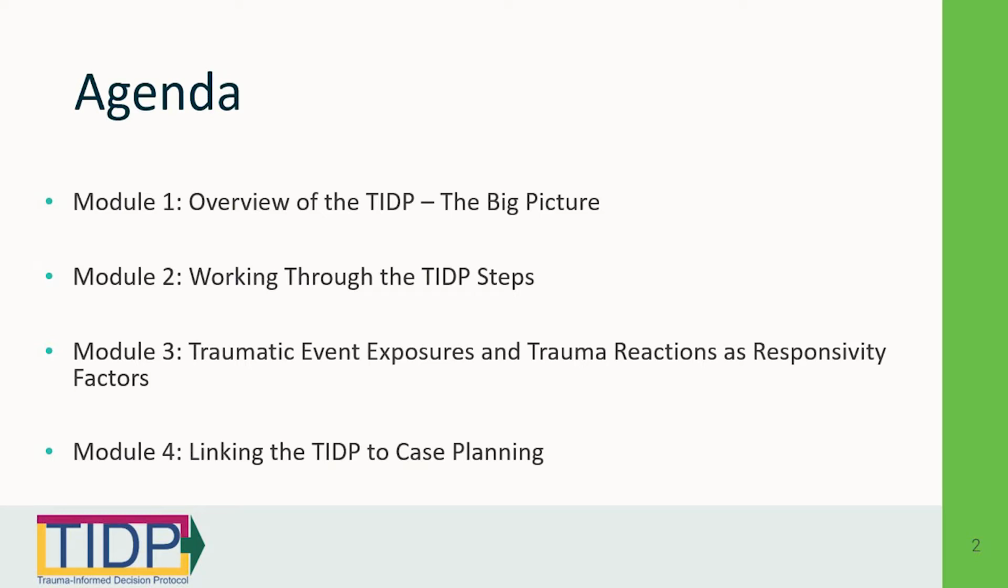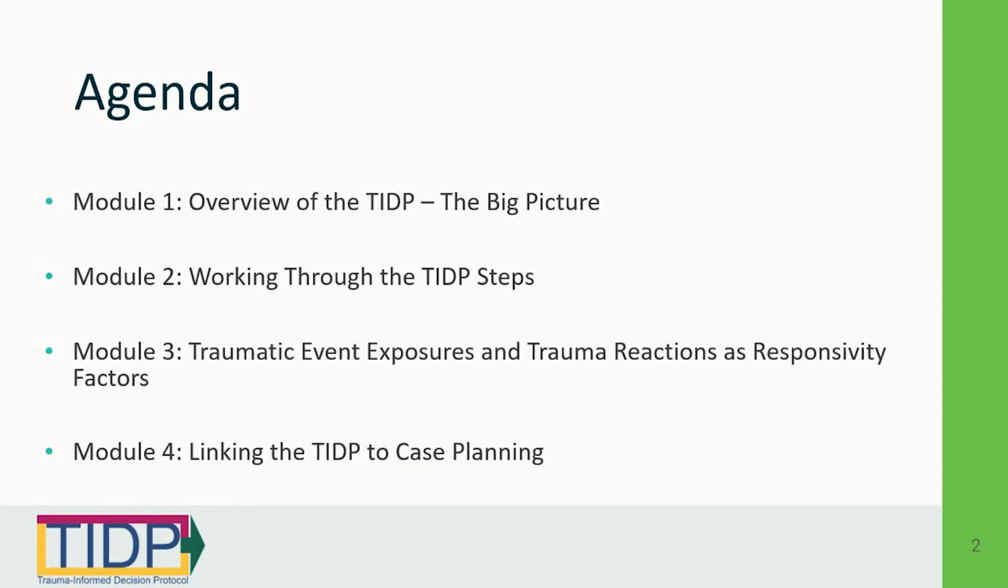The third module is going to be stepping back a little bit and looking at a bigger picture around really understanding traumatic event exposures and trauma reactions as responsivity factors. This will be some practical information about what we know from the practical day-to-day experiences of working with justice-involved youth who have experienced trauma. And it's also going to be drawing on and integrating information from the available literature to really help us to understand exactly why we can think about traumatic event exposures and trauma reactions as responsivity factors